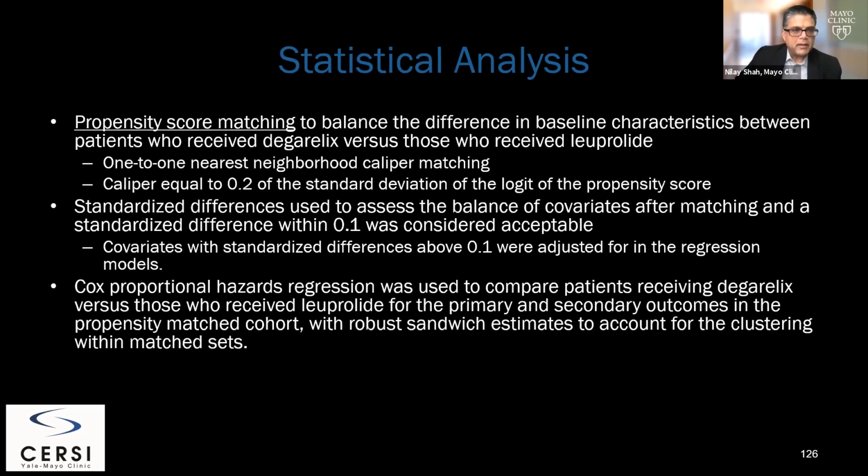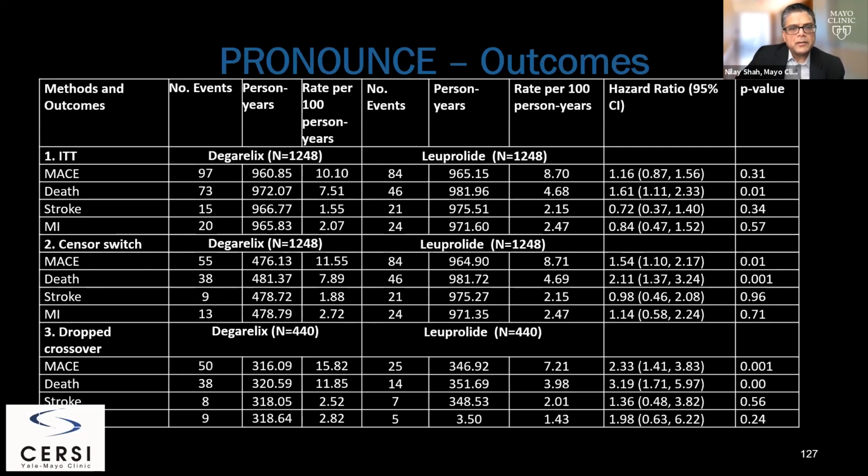And we use the typical one-to-one matching. In this case, propensity score matching looked at standardized differences of 0.1 or less for the 2 groups, and a Cox proportional hazards regression was used. And what you can see here overall in the intention to treat analysis, we don't see any difference in major